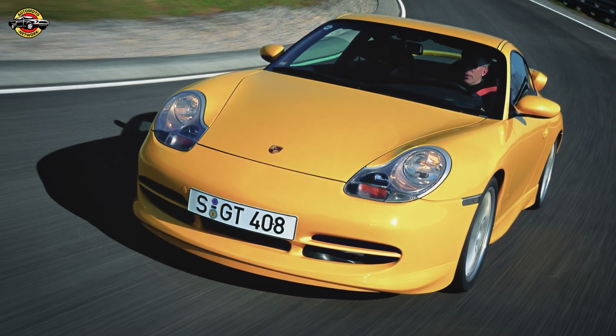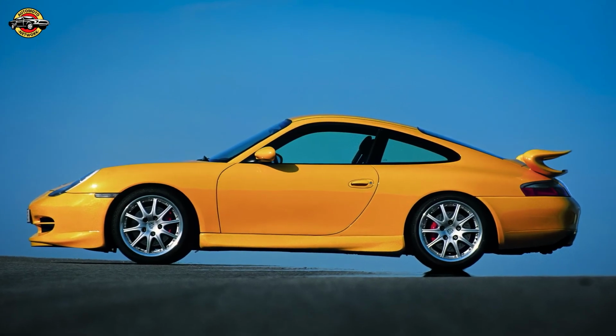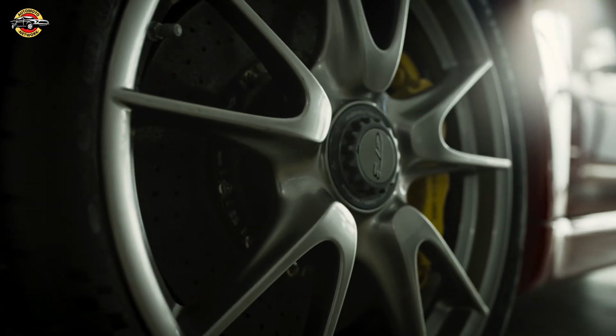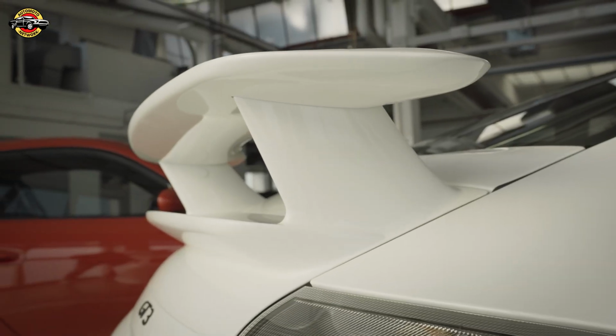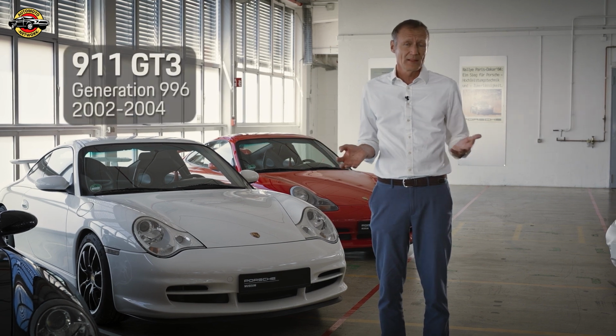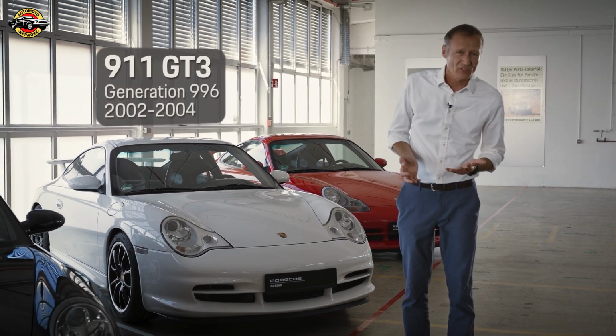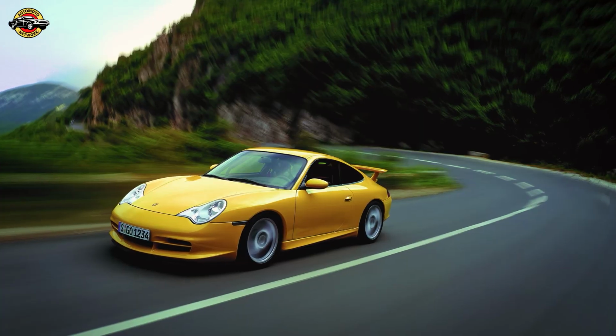Walter Röhrl did a lap on the Nordschleife in it in 8 minutes, even slightly under. The car is a race-capable driving machine with road approval. This was actually the birth of the GT3. The second generation 996, this car has even more differentiation from the Carrera. Interior revamped accordingly. Lighter seats, an engine that delivers 21 horsepower more and can rev up to 8,200 RPM instead